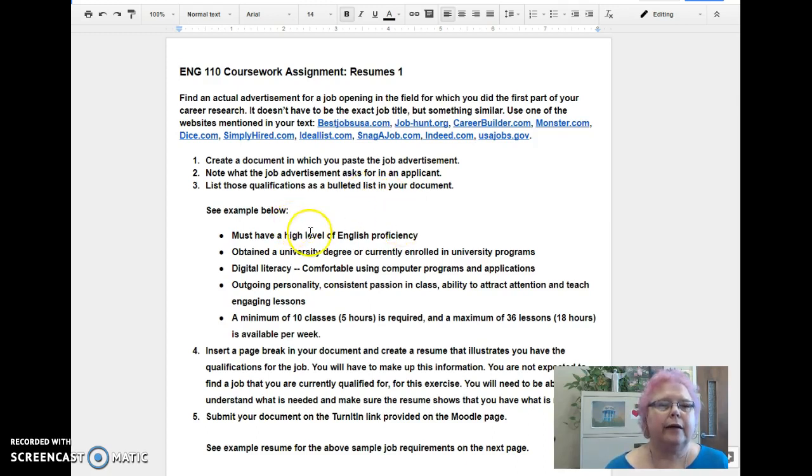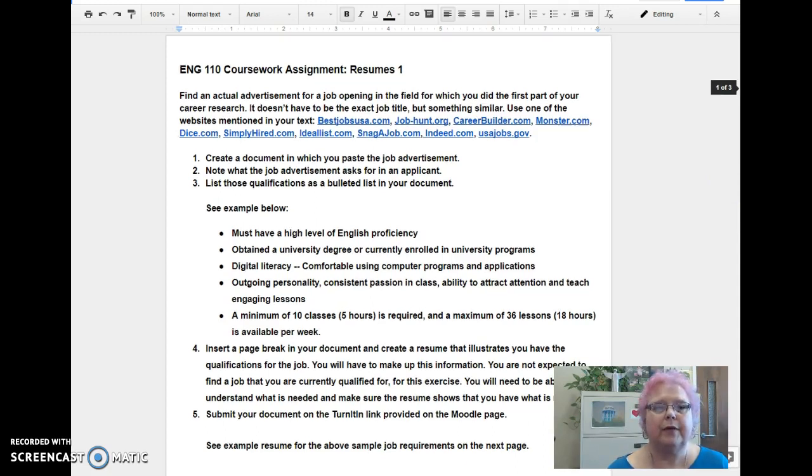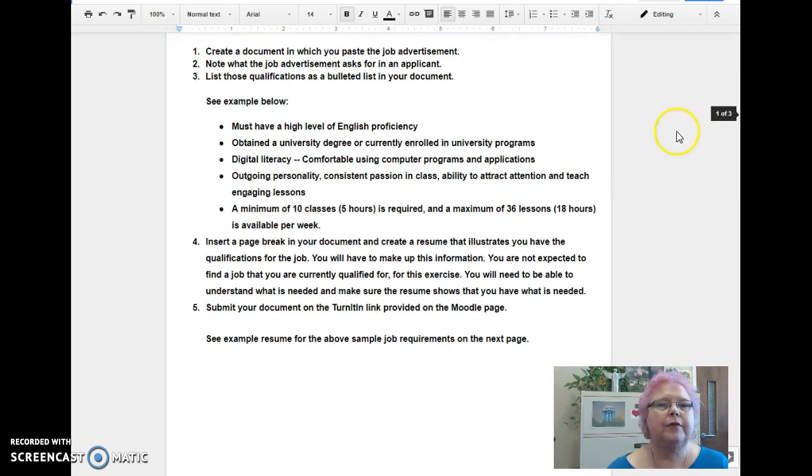And then underneath that, you're going to note what the job advertisement asks for in an applicant and list those qualifications in a bulleted list in your document. So the first part, you'll have the job ad itself. And then I've given you an example of what it would look like with the bulleted items below. So after that, I was looking at one that I had used, but it must have a high